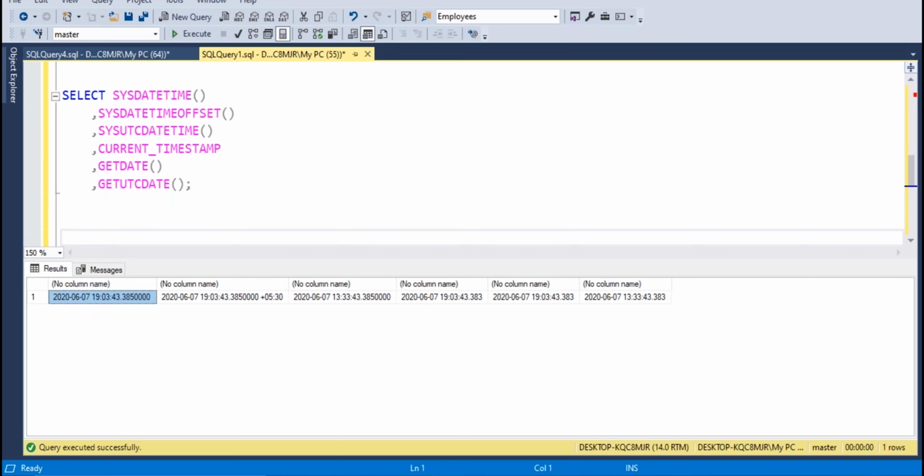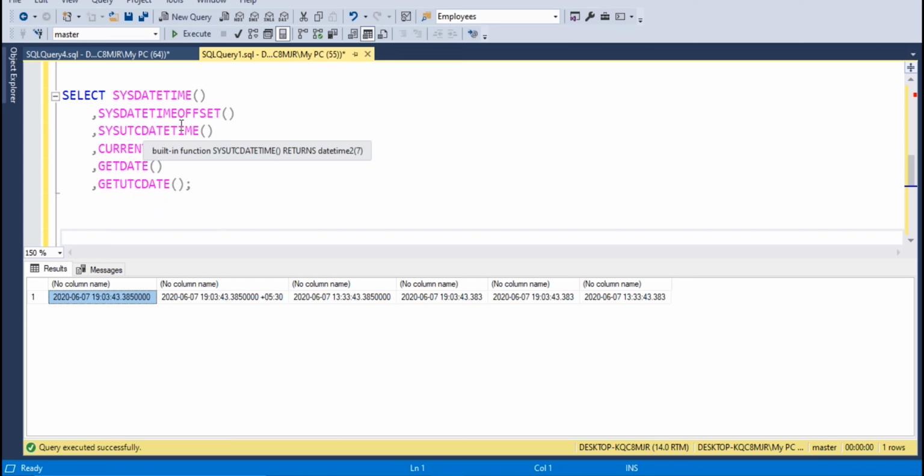You can observe the date 2020 0607, and the hours are 1903, whenever we ran it. It shows year, month, date, hour, minutes, seconds, and milliseconds.